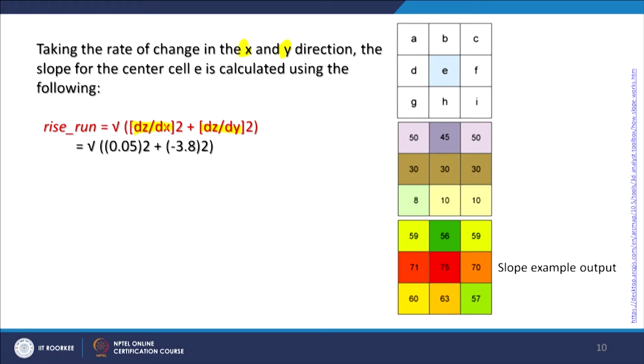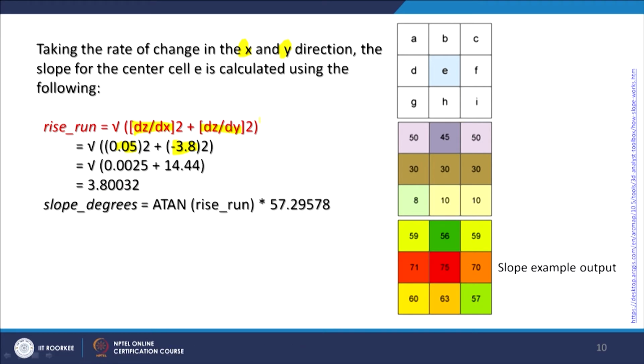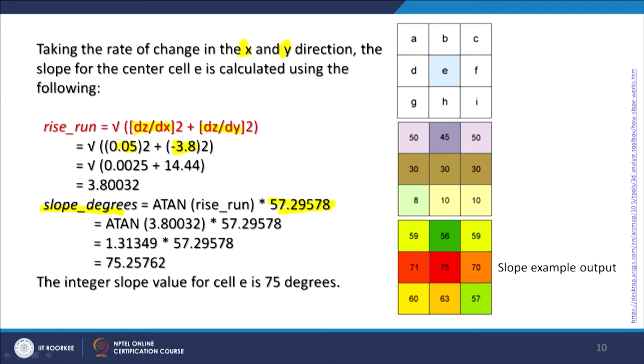So dz by dx we have calculated as 0.05, and dz by dy, in the earlier slide, we have seen is minus 3.8. Of course it is a square, so the negative value will disappear and it is 3.8. That is the slope in degrees, which will be multiplied by this factor,